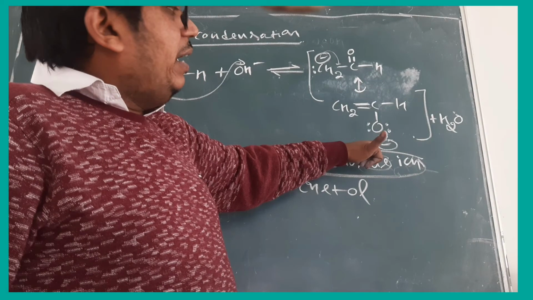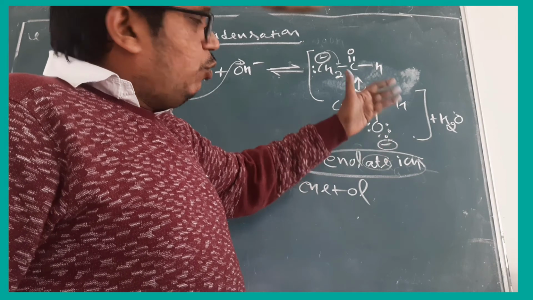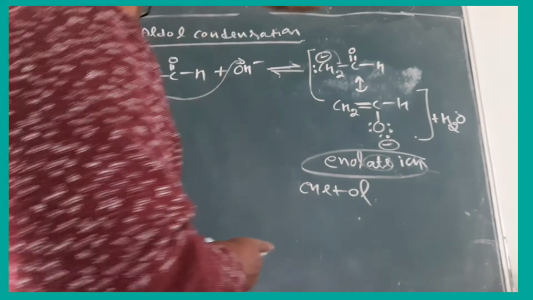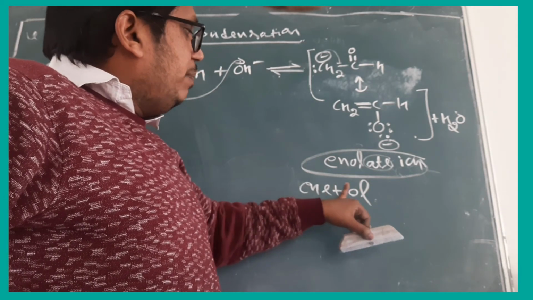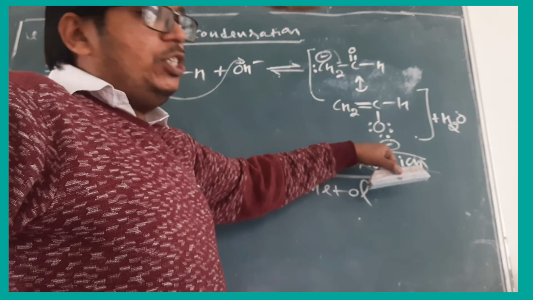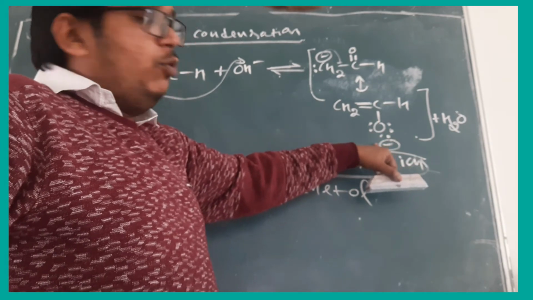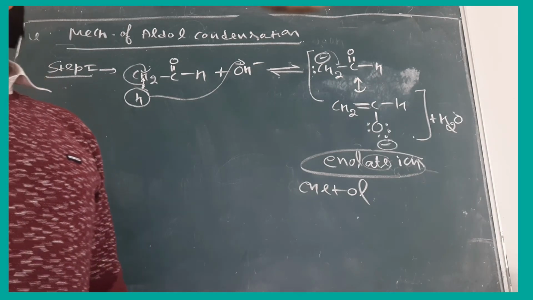But this is almost not an alcohol. When O negative is there, we will call it alcohol because H is going to be attached here further. Again I am telling you, enolate: a double bond is there and one O negative is there, which is further going to form the alcohols. Clear? Now we are going to do step number 2.